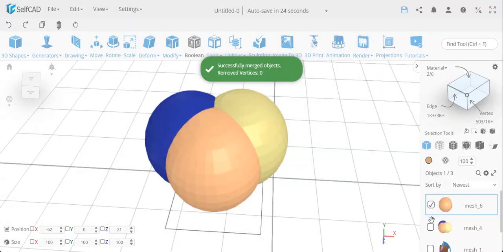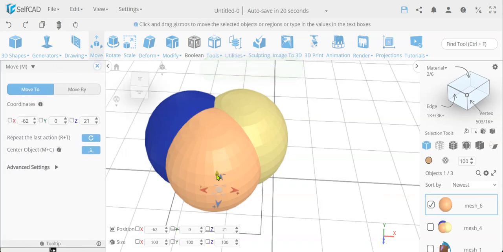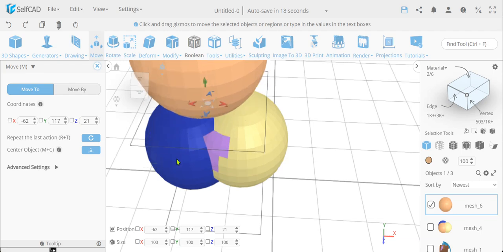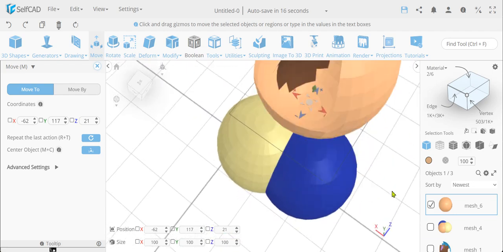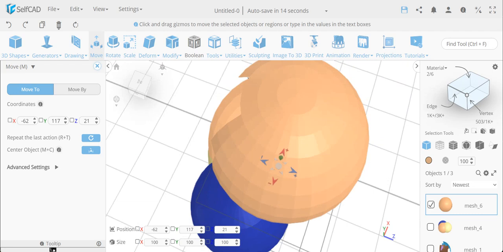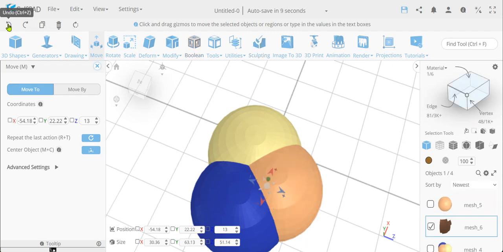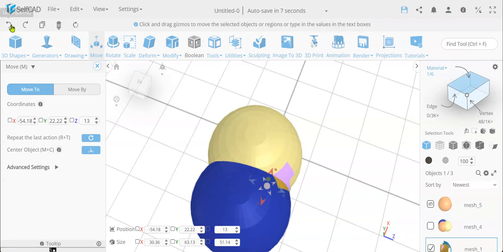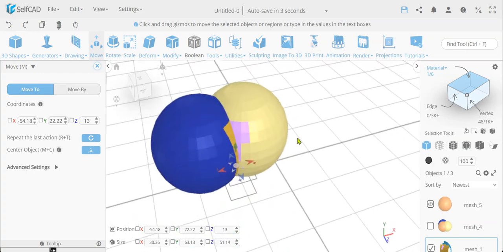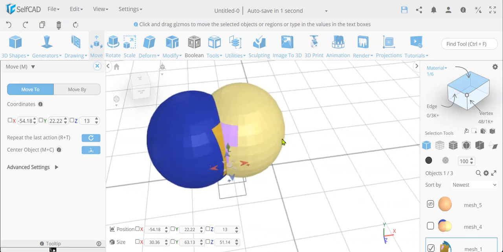Control M, so merge. And if I move this out of the way, let's see if I matched it properly. I think I did. Actually, no, I did the wrong part. So it's just my visualization memory here to visualize which one I have to do. But you get the point what I need to do. So this is basically aligned, I guess, with the